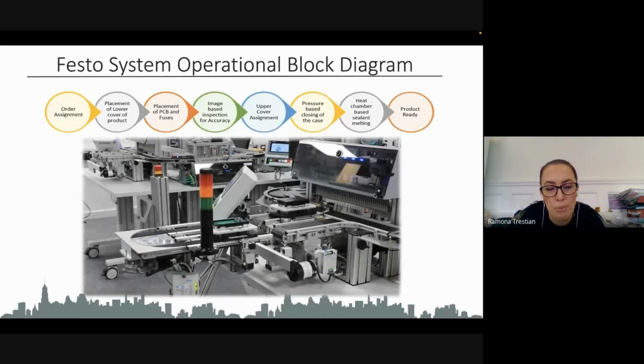lower cover of the product, then it moves on to the next station that does the placement of PCB and fuses, which in fact is a manual station, and this is the only manual station in this production line. And then it moves on to the next station that will do the image-based inspection for accuracy, and it moves on to the Robotino that will take it to the second island, where we have the upper cover assignment, then